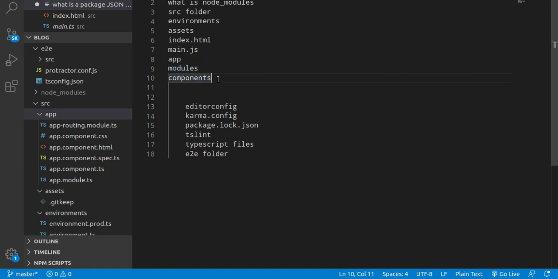Now the component. Components are the small units of the module, you can say. So here user login is a different component, user sign up is a different component, then user setting, user password and user profile can be different components, right? So these are all the basic level files and folders which you must know if you are a beginner.